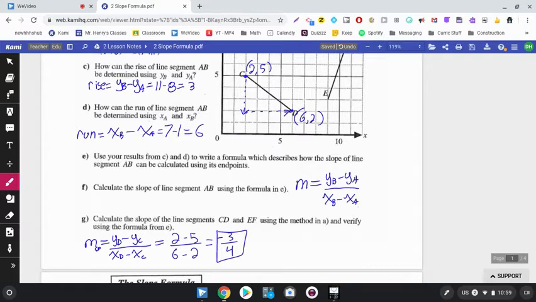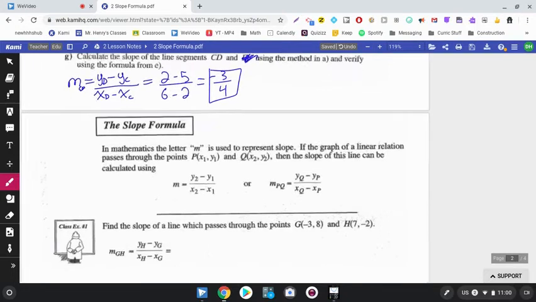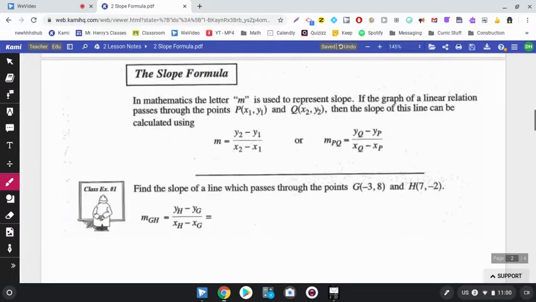I could do the same thing for EF, but I'm not going to. I think we want to start talking about the formula and actually jumping in. Here's the slope formula. In mathematics, the letter M is used to represent slope. If the graph of a linear relation passes through the points P and Q,